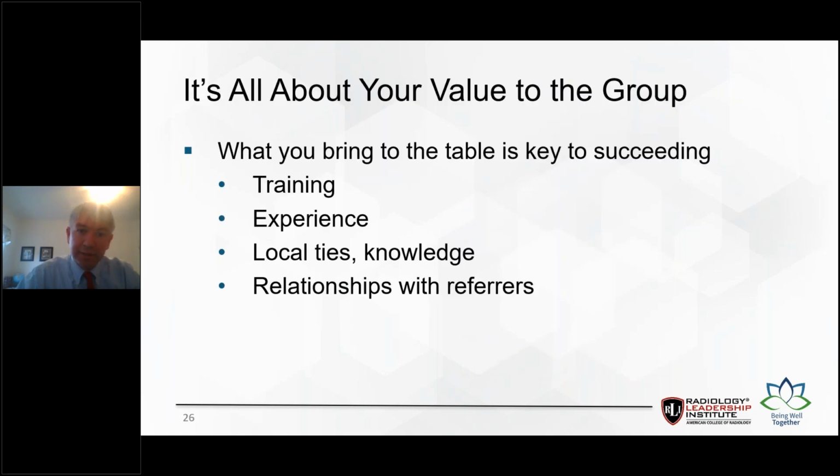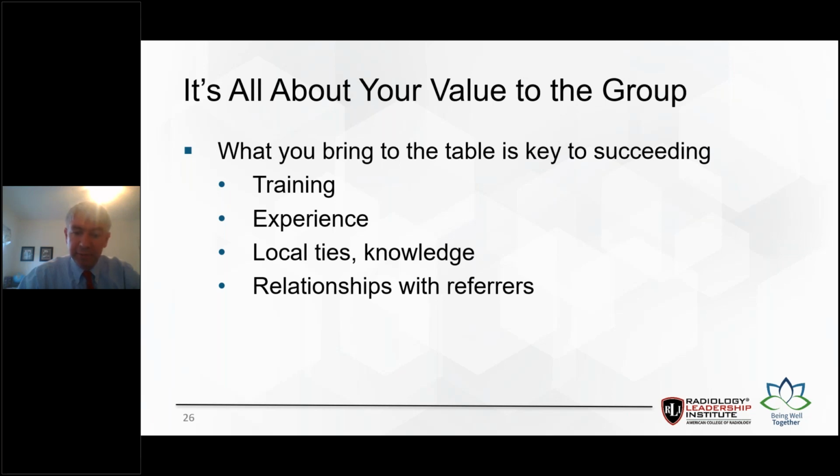So private practice, it's all about the value to your group. What you bring to the table is key to succeeding. Training, for instance, is very important. And what we found in private practice, for instance, for MSK radiologists, if you have training in ultrasound, that's a